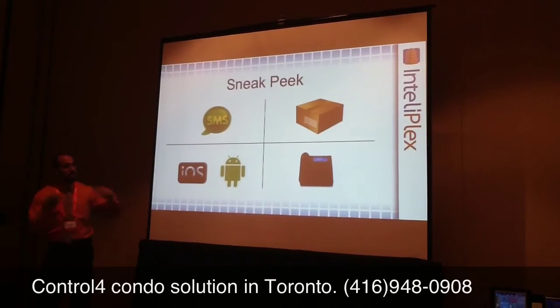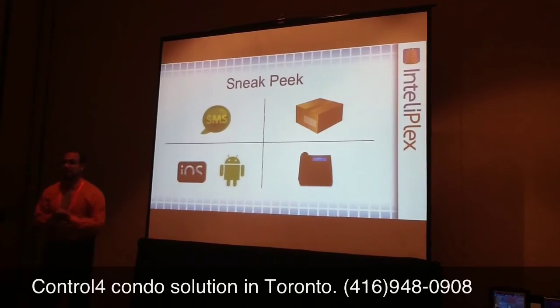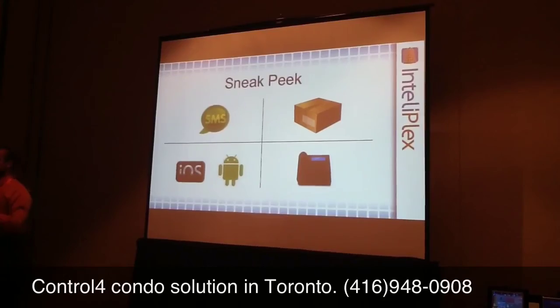iOS and Android devices are going to be soon integrated as well. Working on that, and also SIP telephony and communications is also on the